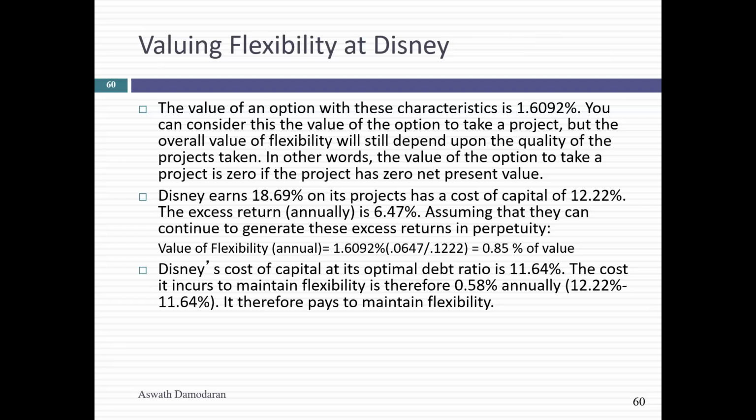What are they paying each year for it? 0.58% a year. If the numbers hold up, it basically means that when Disney says we're not going to the optimum, we're going to accept a higher cost of capital, you step back and say, okay, you have a good reason for doing so. That's okay. So next session when we start, I want to look at this value of flexibility, at least in terms of implications, because there are some very interesting implications for what kinds of companies should be underlevered. And actually, it's the right thing for them to do, and what kinds of companies should be forced towards their optimum.